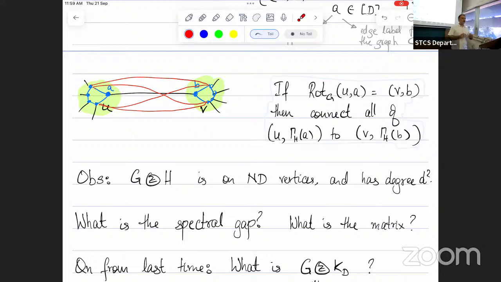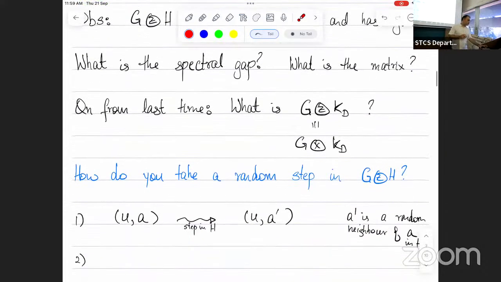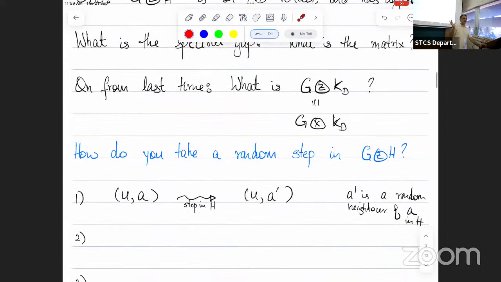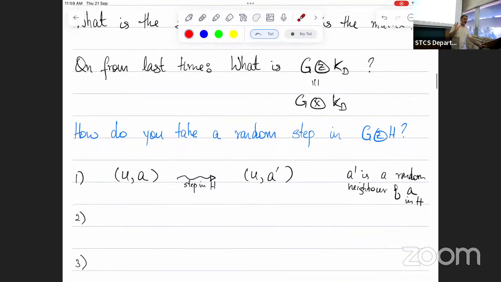That's right. So now (u, a) has D squared neighbors in the zigzag product, and I'm just going to get to one of those D squared neighbors. I'm breaking up that choice into two different choices, because the construction itself was like, you first have a choice of D, and then you do something deterministic, and then you have